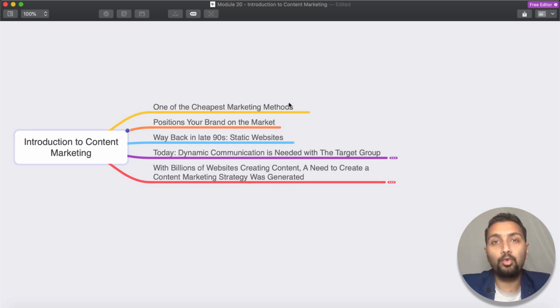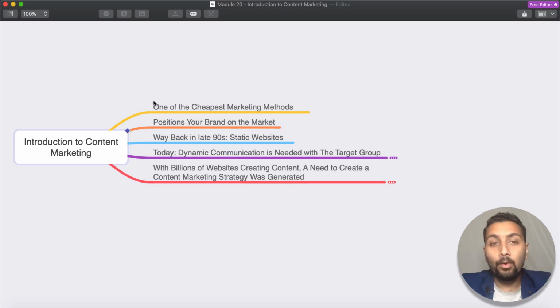But for that, you'll have to generate some leads, isn't it? And generating leads is one of the main business goals of content marketing. And why it is the cheapest is because there are some ways for getting traffic to your website and getting eyes to read your content without spending any advertising costs. And I told you about them, that these are SEO and SMO, and then you can be engaged in networks online and build relationships, build network with people who are your target audiences. But we are going to talk about that in more detail in the coming videos.